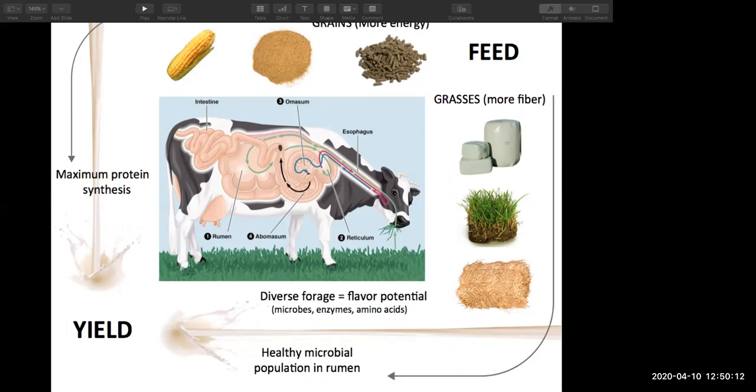And then it can pass, makes its way, if it's fine enough, it's being broken down continuously, it's just passing right through the reticulum, it doesn't get hung up, goes into the omasum. The omasum is still being studied and understood by scientists, but basically it's a place where dehydration happens. They know that for sure. A lot of the wateriness is being pulled out, and so the food is getting concentrated,